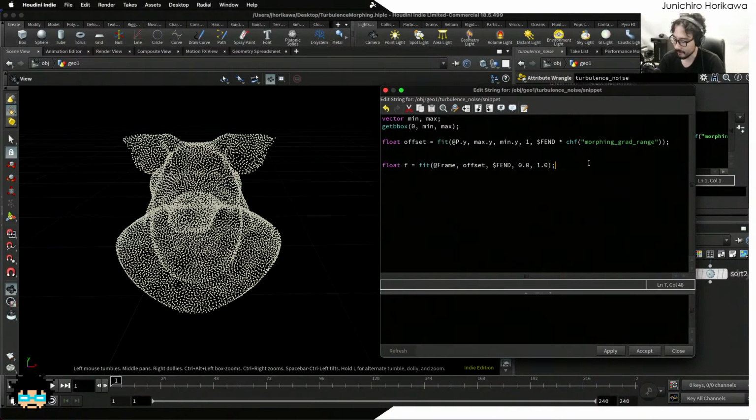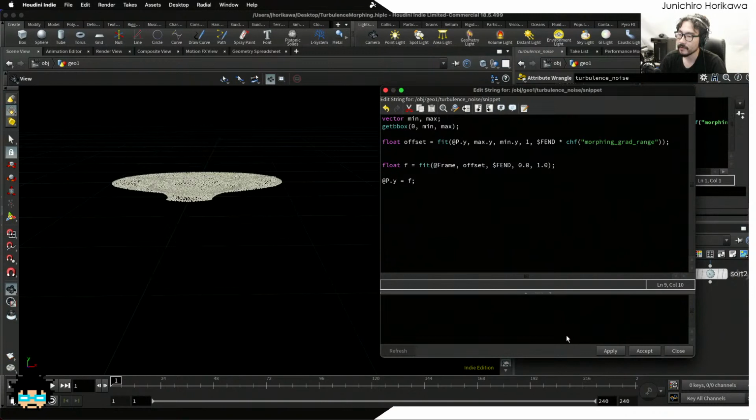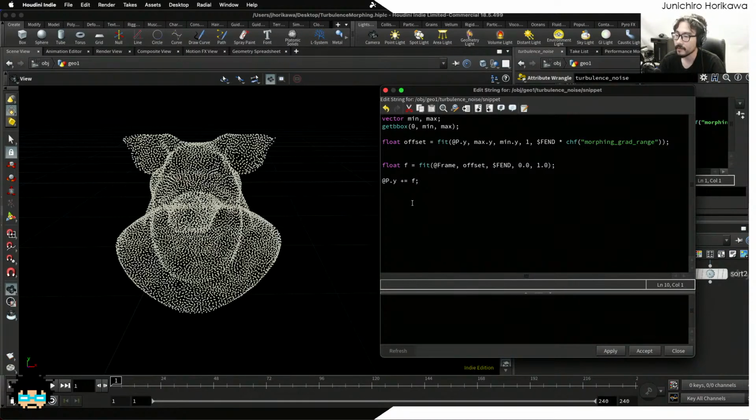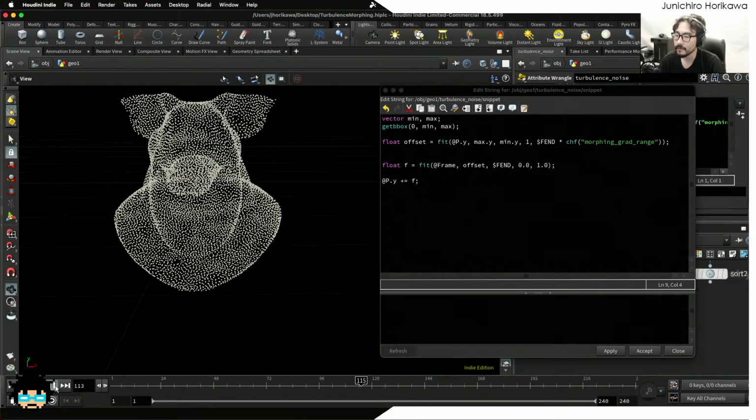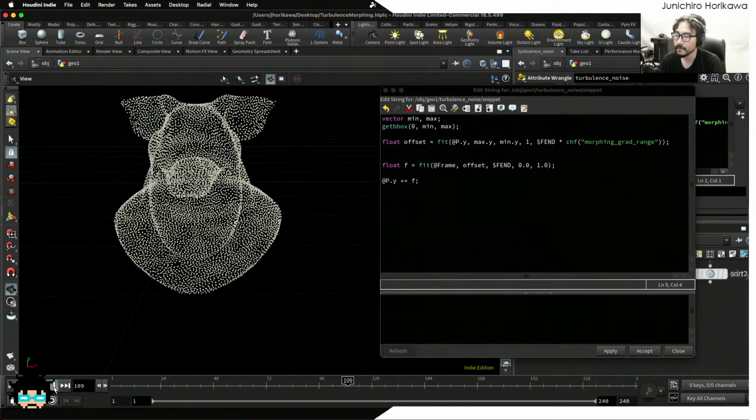So let's see if that is true. I'm just going to check this out by moving all the points upward by an f-related value. Maybe f multiplied by 1 is fine, so just f. Now I think I should just add the f value to the y. If I play it, you can see that gradually, from top to bottom, it moved